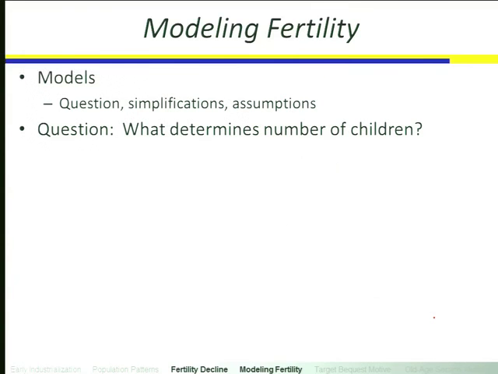That's the question. The simplification that we're going to make is that one model fits all. That is, we're not going to have different models for different classes of people. We're not going to have different models for different states. We're not going to have different models for different races. The second simplification is we're going to look only at the free population. So we're not looking at the enslaved population because we're going to make an assumption here that this is a matter of choice, which is not the case with the slave population. So we're going to look at the free population, 1800 to 1840, why the regional pattern, why the decline, and we're going to use the assumption that one model is going to fit all.